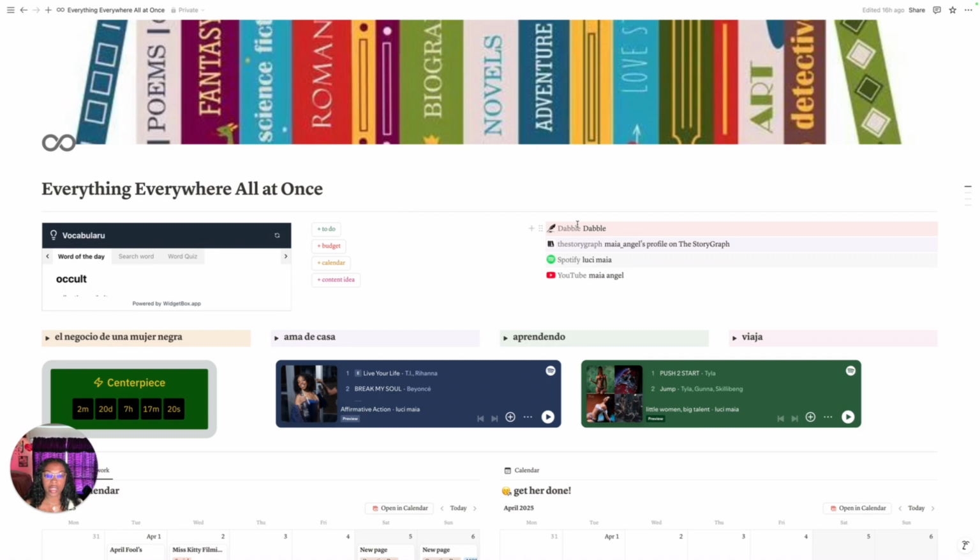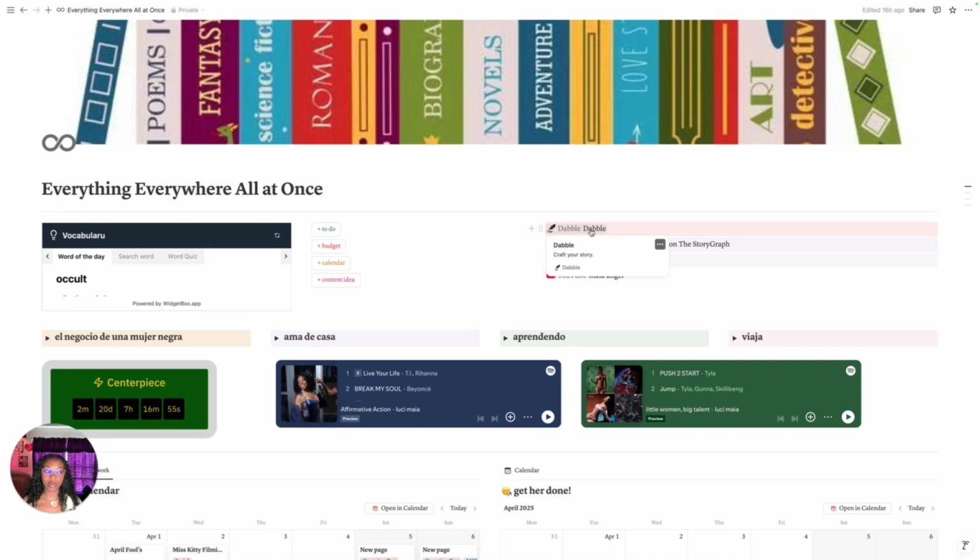Over here on this last third is links immediately to things I want to access quickly. So my Dabble, which is the software that I use to write my book. I am absolutely in love with Dabble. This is not sponsored by Dabble. I have a Dabble subscription and it really helps. I have the Dabble premium subscription, and they have workshops available, proofreading available, and the way you can organize your chapters and the world building just works for me as a fiction writer.